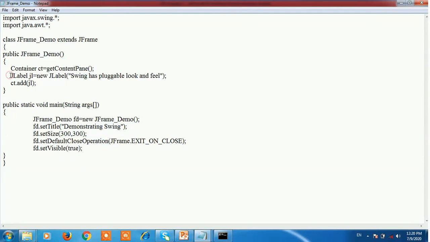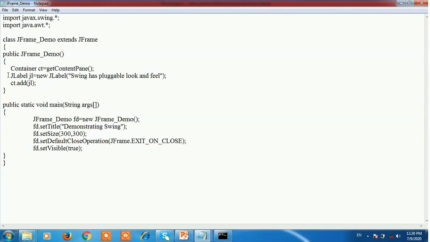Next, here create a label, j1, it is the object of the label, equal to new JLabel, and it is nothing but the string Swing has pluggable look and feel. Means this statement simply creates a label. The object of label is j1, and having text Swing has pluggable look and feel.